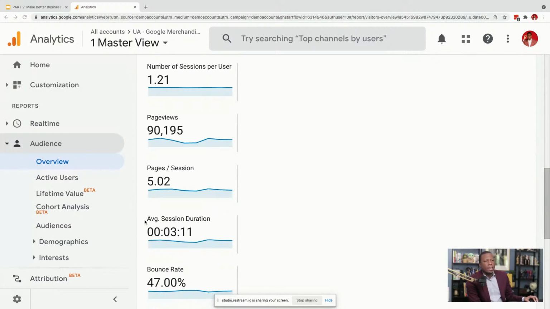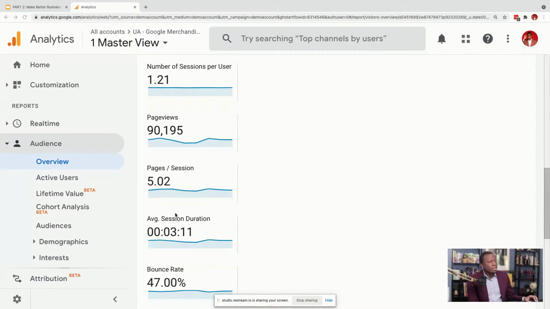So that is how long the person is spending on your website. On this site, the average person is spending about 3 minutes and 11 seconds. That's actually pretty good. That means the person's on the website, they like it, and they're reading information. But again, you always want to have a higher time on site because the more time somebody's on your site, that means the more they're reading information,